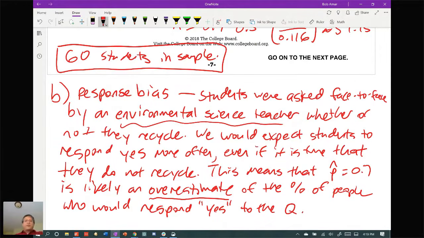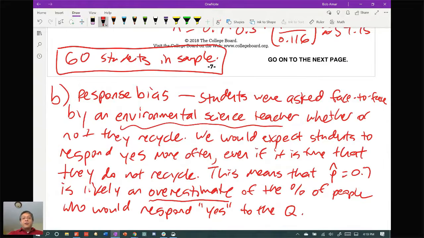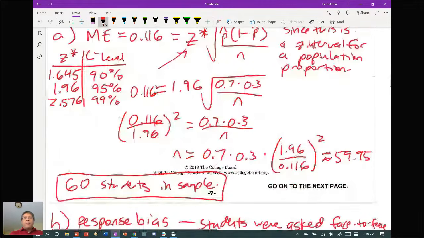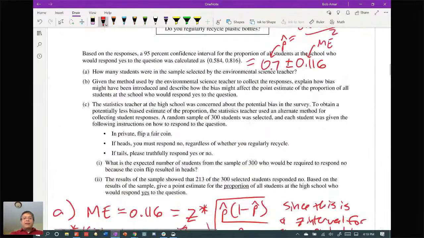Okay, I want to talk about that for just a second, because what's being measured here is the proportion of people who would respond in a certain way to the question. We're hoping that the people who respond in that way actually reflects what their beliefs are and what their actual practice is, assuming that you think recycling is a good thing. And in this case,